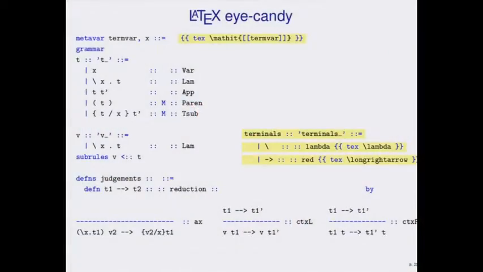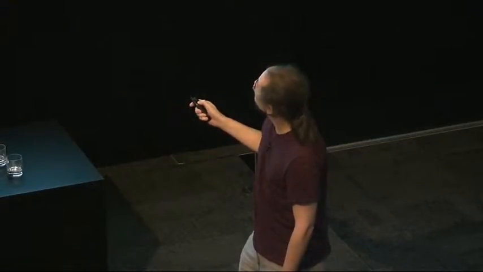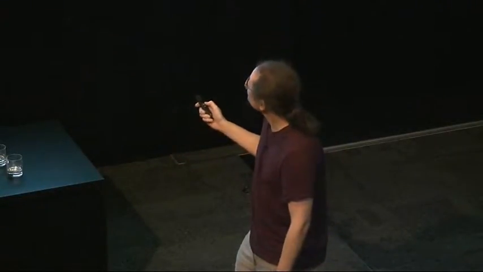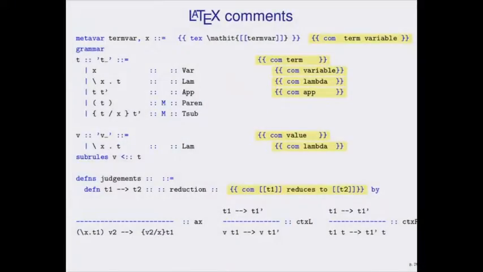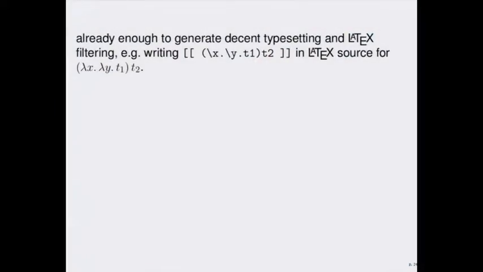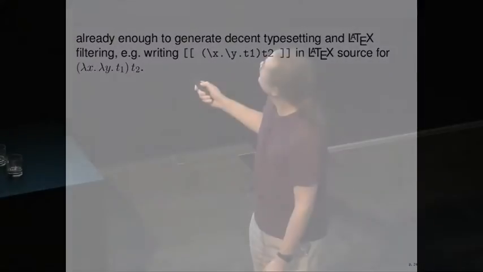Okay, so if you want to add in that extra bit of eye candy, then you might say, please typeset these things like that inside a math-it, for example. And you have to be able to support that kind of thing if you want people to be able to write their production quality papers with bits of semantics in with carefully tuned and designed notation. And then you might add a bunch of comments, and then you really would get exactly that thing that I showed earlier. That's also enough to let you write some ASCII syntax embedded in a LaTeX file and have it parsed and typeset properly.